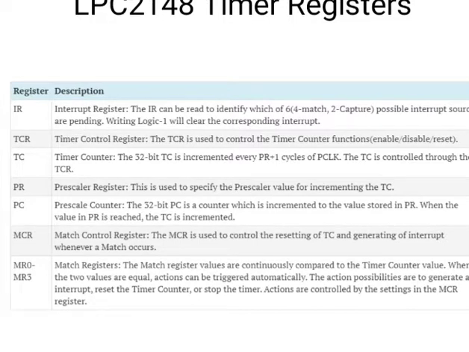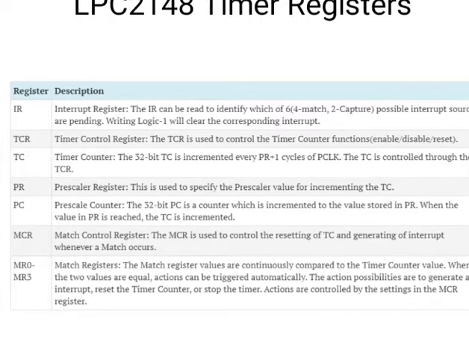The match register values are continuously compared to the timer counter value, and when the two values are equal, actions will be triggered automatically. The action possibilities are to generate an interrupt, reset the timer counter or stop the timer. Actions are controlled by the settings in the MCR register.